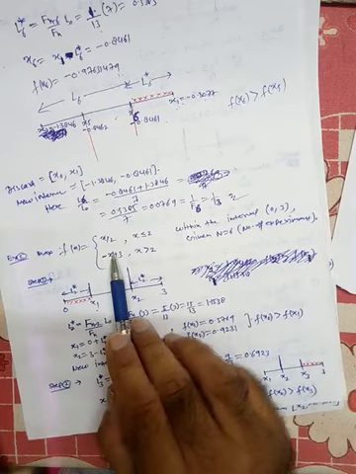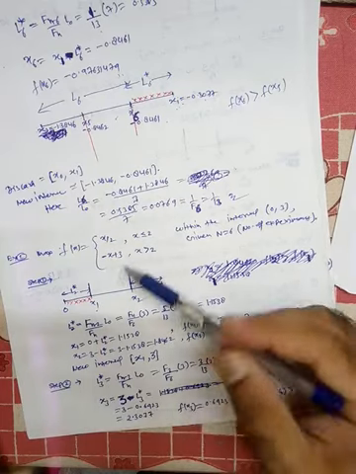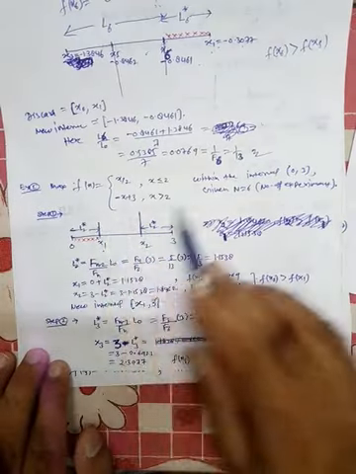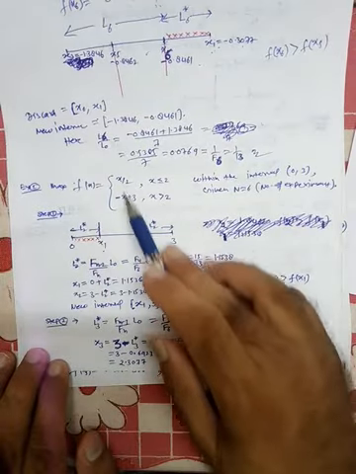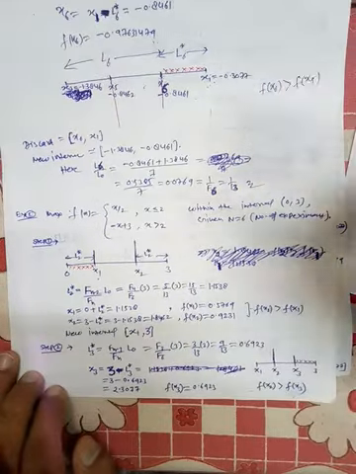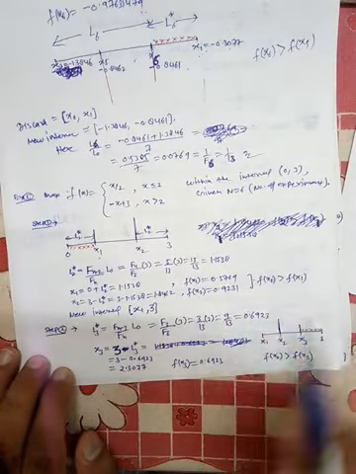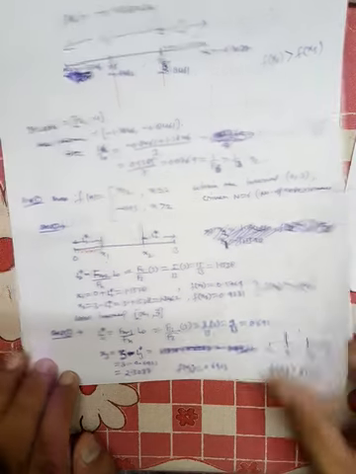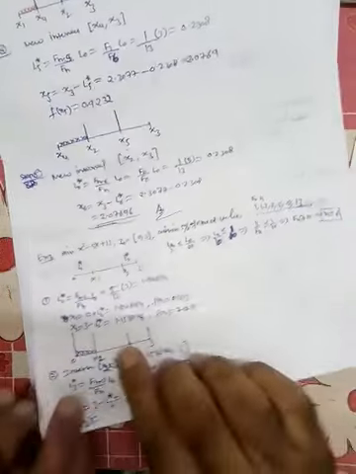This is the next example. So I am not doing this. I am providing you the notes. You can do it yourself. Okay. So this is the function in the form of branches, and then the same procedure is followed here. So I will provide you the notes. You can see the solution yourself.